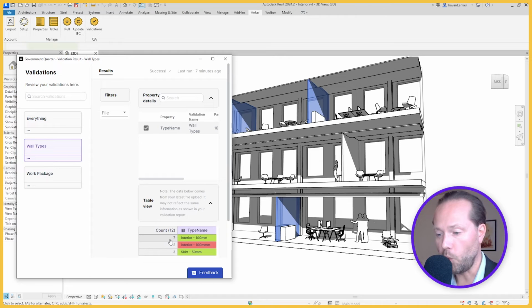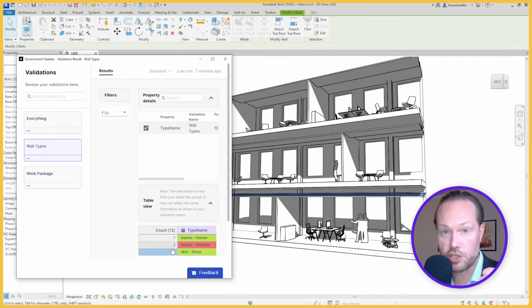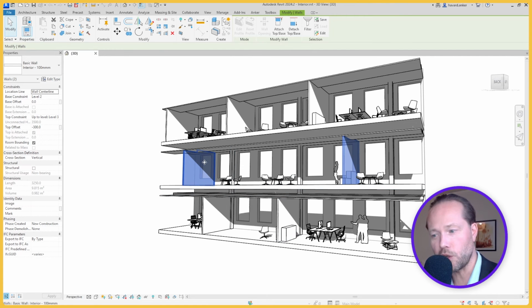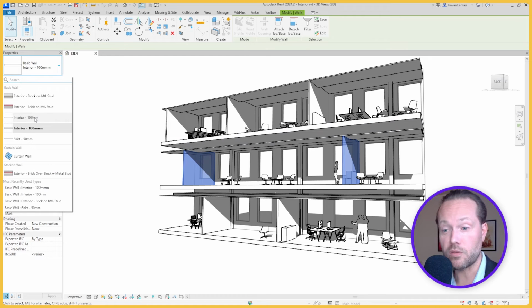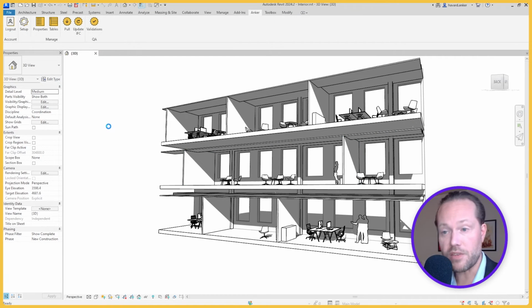I see the same walls. I've got my interior 100, which is green and great. I've got my skirt walls, and then I have these 2 not so great interior 100 millimeter walls that are failing the validation. So what I'm going to do now, of course, is see that these are actually wrong. I'm going to change these from that type to the other, and then I'm saving my Revit model,